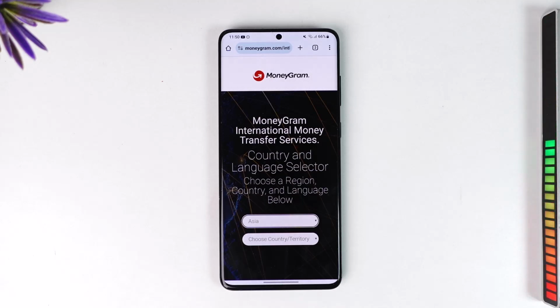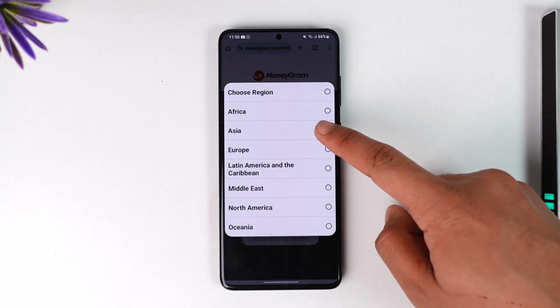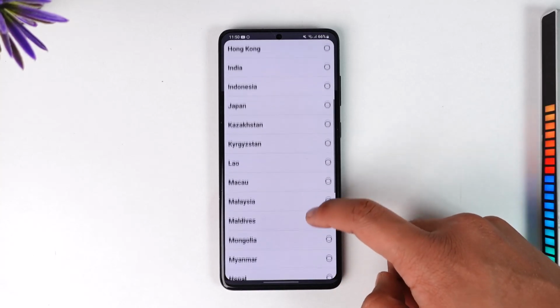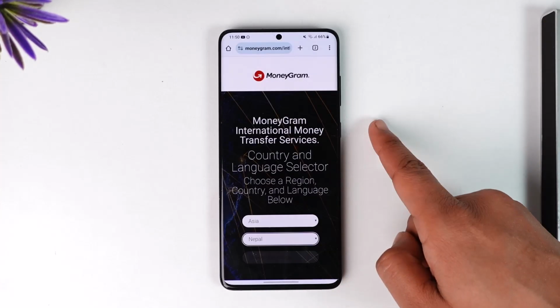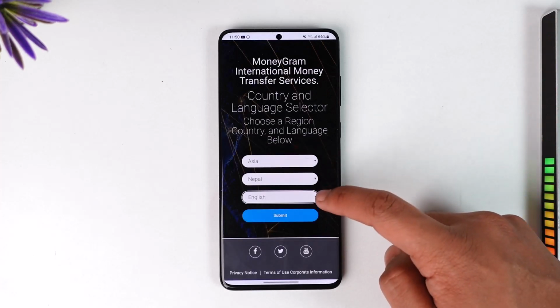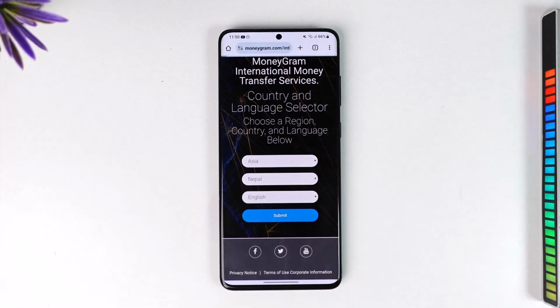When you first come to the website, it will ask you to select a region. So first of all, select the continent that you are from. In my case, it's from Asia, and here you can see it says choose country or territory. So over here I'll just go ahead and select my country here. After I do that, it will ask me to choose a language, so I'll select English because that is what most of you are going to be understanding here. And then just tap the submit option here,